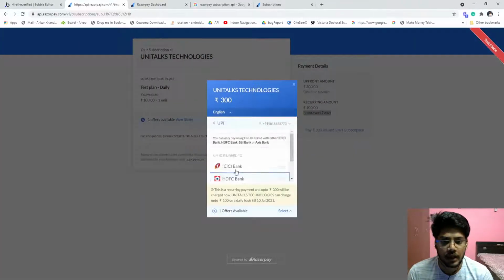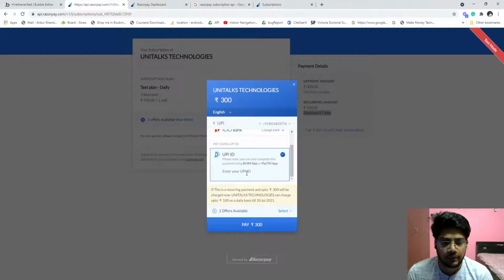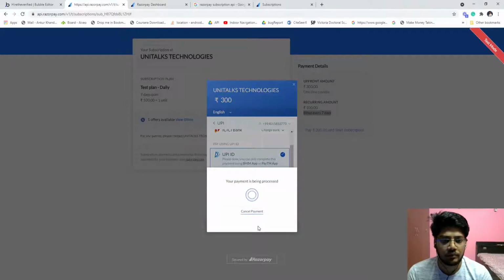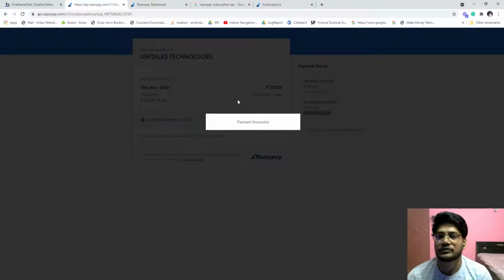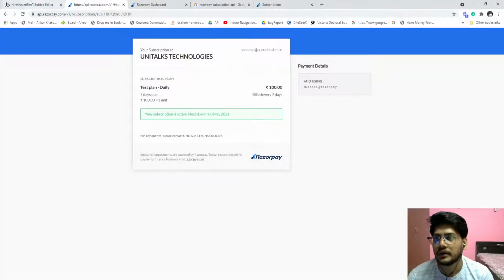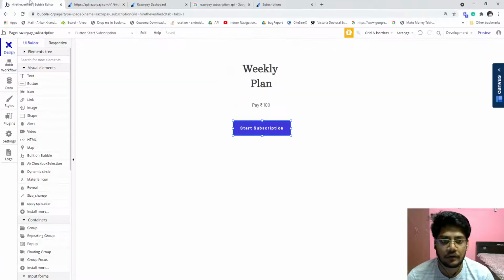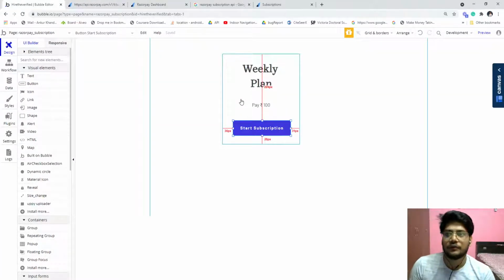I will choose UPI, ICICI Bank, pay. You have to pay 300 rupees now, and after 7 days, or whenever, the 100 rupees will be charged. Okay, and the payment is successful. Great. And yeah, so it is done.